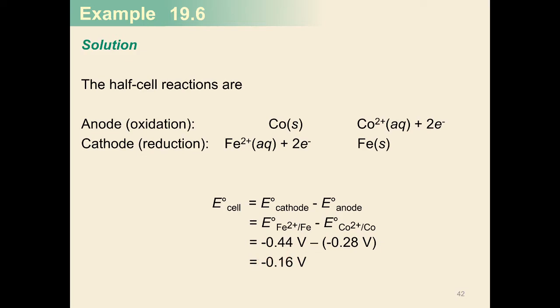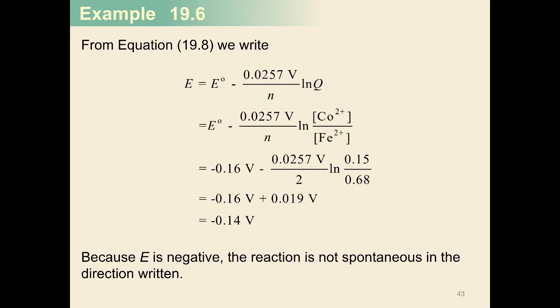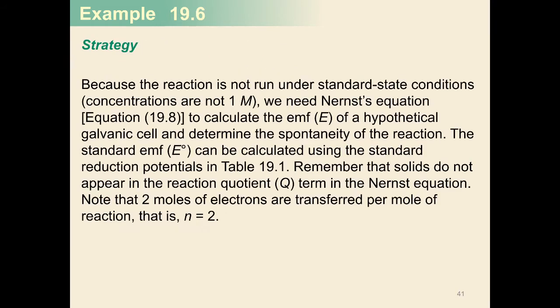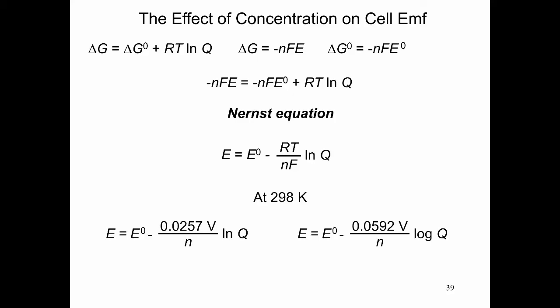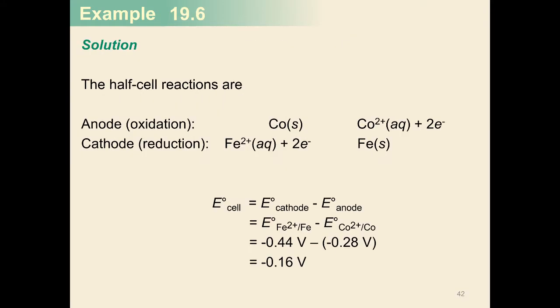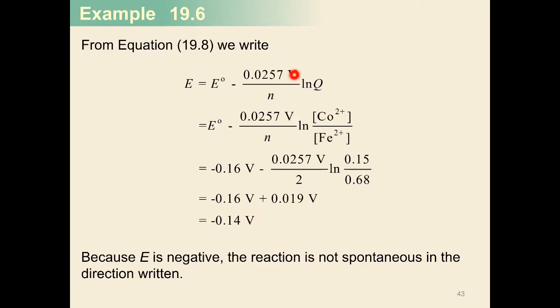So from here, you can say, oh, it should not be spontaneous. This is already negative. But take note, this reaction does not occur at standard conditions. Probably you have a negative E cell, but since the reaction does not occur at standard conditions, it might still change. So we need to calculate the other side of the equation. Remember the Nernst equation is this one. If this term is higher than our negative standard E cell value, that means even if the E cell value is negative, this reaction can still proceed. So we need to calculate the next term here.